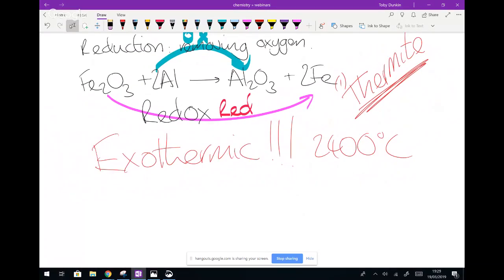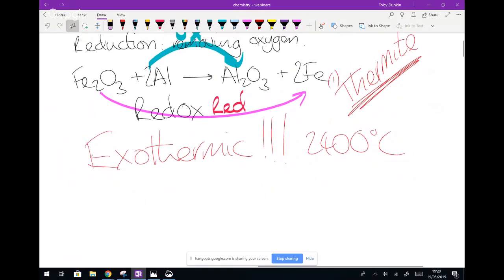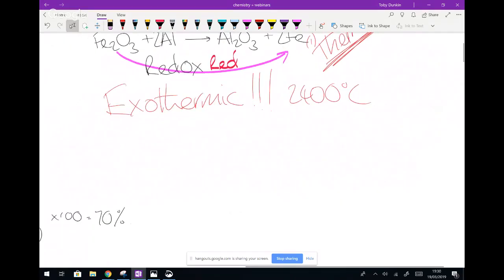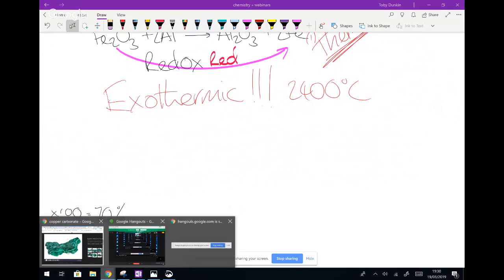So this reaction is really, really special. It's actually used. That's how they make breach charges. Oh, I didn't know that. I know that they use this to weld railway tracks, and that's actually most of the time where it makes an appearance. If I quickly Google